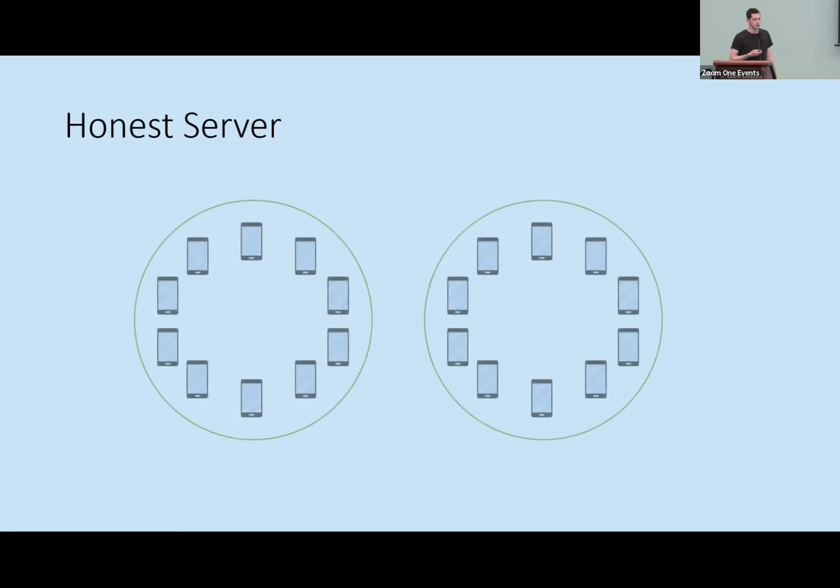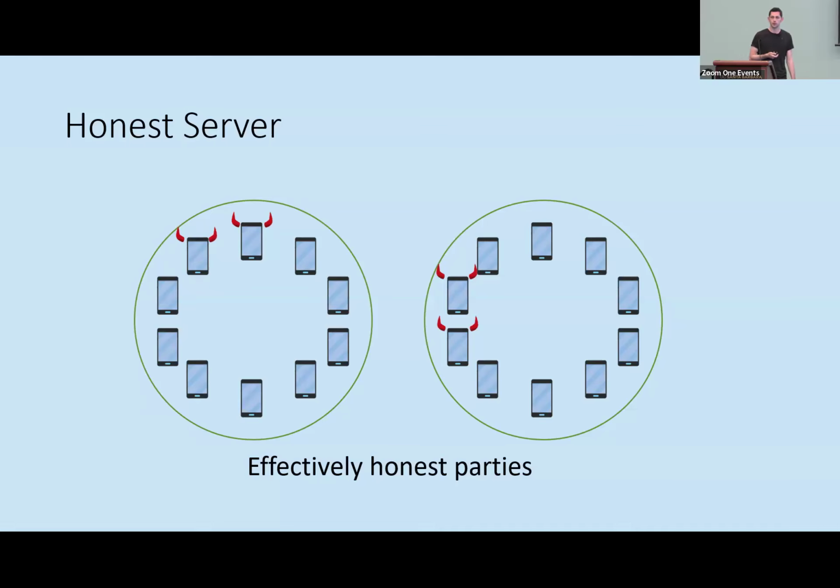So why does this work? Let's first consider the case where the server is honest. Notice that if the server is honest, then even for malicious users, all personal committees are chosen uniformly at random, which means that the fraction of malicious users does not increase by too much. So almost all of the users in each personal committee are going to be honest, and therefore these are effectively honest parties. And additionally, because the server is honest, no message is going to be blocked. So if the server is honest, then every message that is sent will be received.